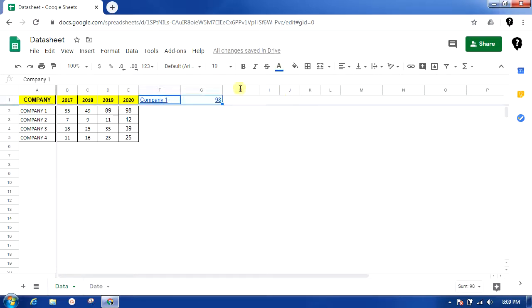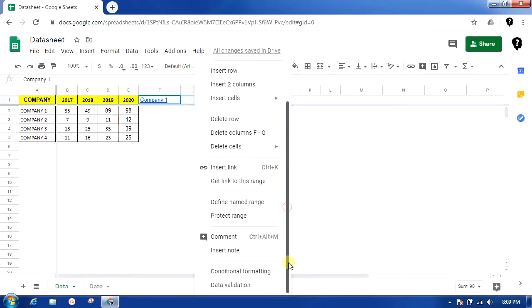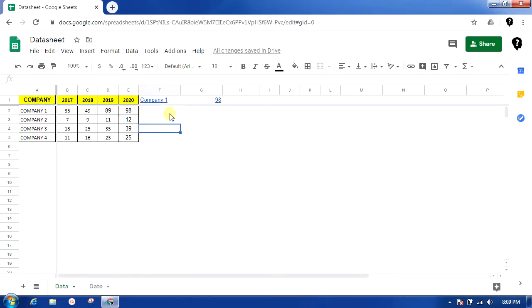Forget about the formula. Somehow it has got some hyperlink formula, but let it be. Let's go ahead with our purpose. Now see here, the moment I change this to company 3, I'll get 39. Now if I say company 1 here, sorry, and company 1 here too, I'll get 92 and not the 30. This is how you can treat the formula.